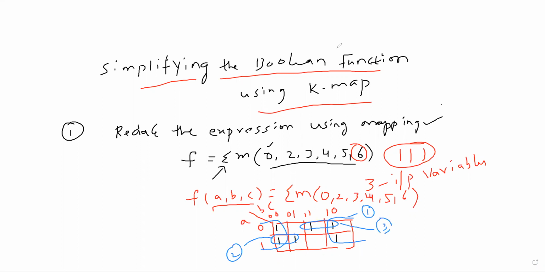Now what is the solution for group 1? In group 1, 2 rows are there, therefore there is nothing common in the rows, but we are having 2 columns. Which one is common? This one is common in the 2 columns. That means the expression is f is equal to C complement plus, in the second group, only one row is there, therefore A, and 2 columns are there. In these 2 columns, this 0 is constant. Therefore it becomes B complement. Okay, then plus.